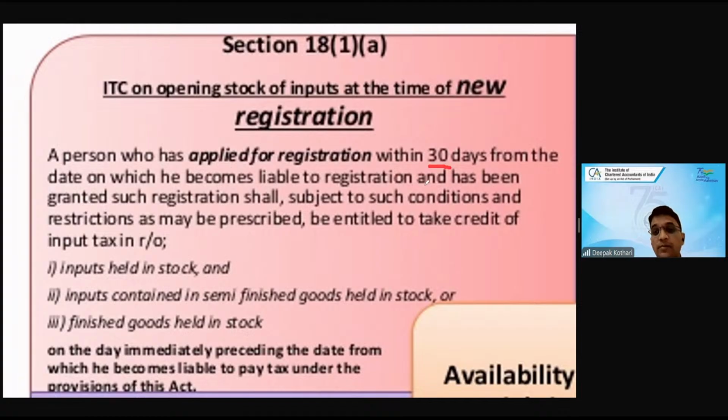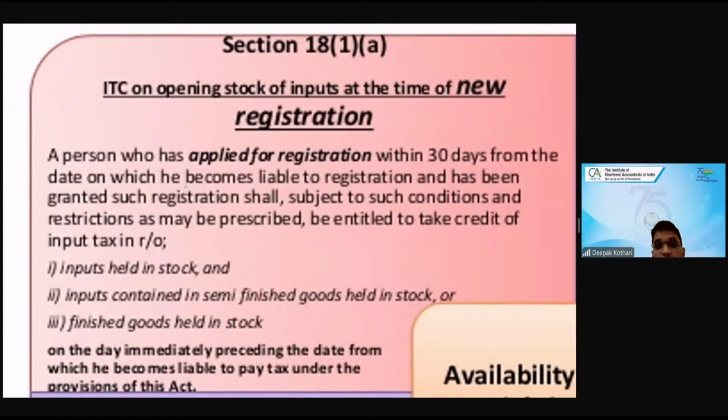Within 30 days, if I apply for registration and it has been granted such registration, just applying is not enough, it must be applied and then granted. But this 30 days is not for grant. 30 days is for applying. You apply within 30 days. The registration department can grant whenever. But if you have applied for registration within 30 days from the date when you became liable for registration and